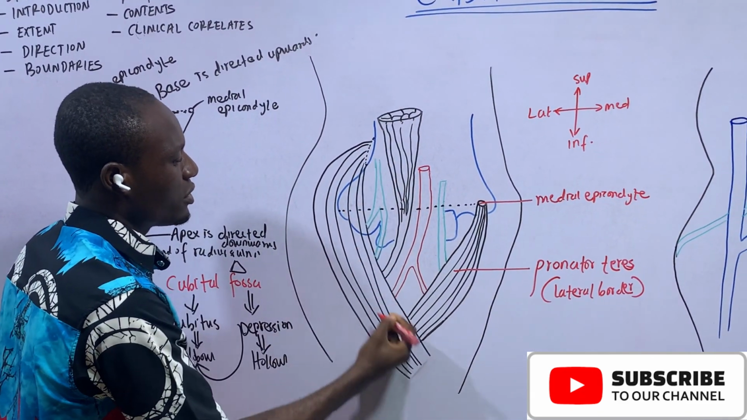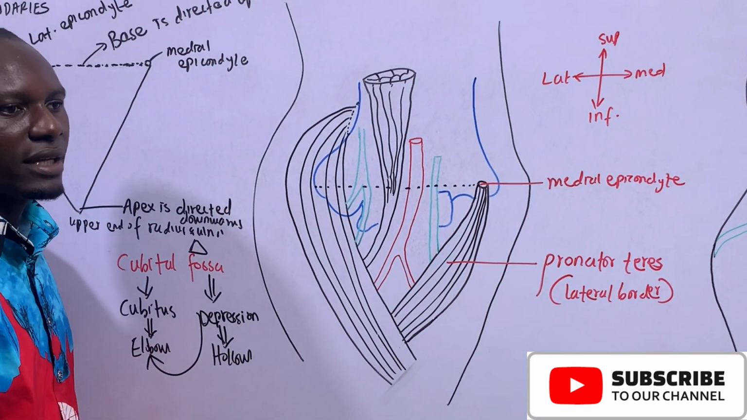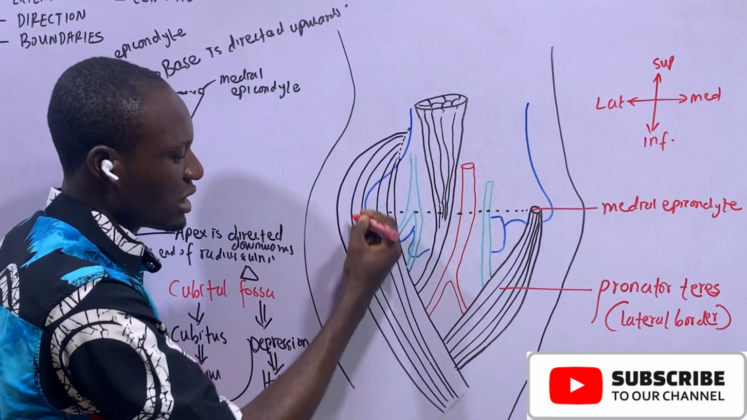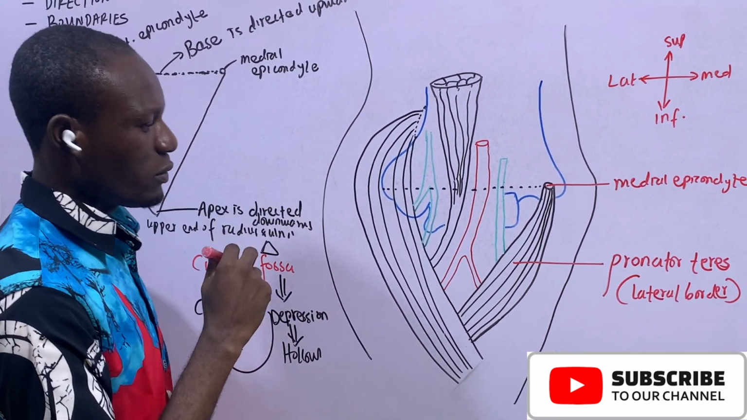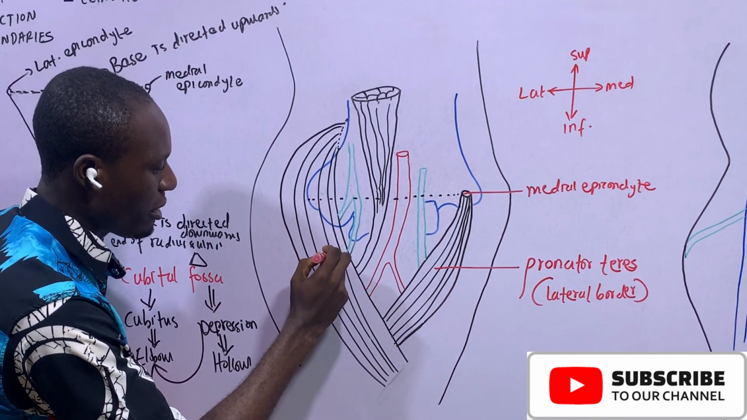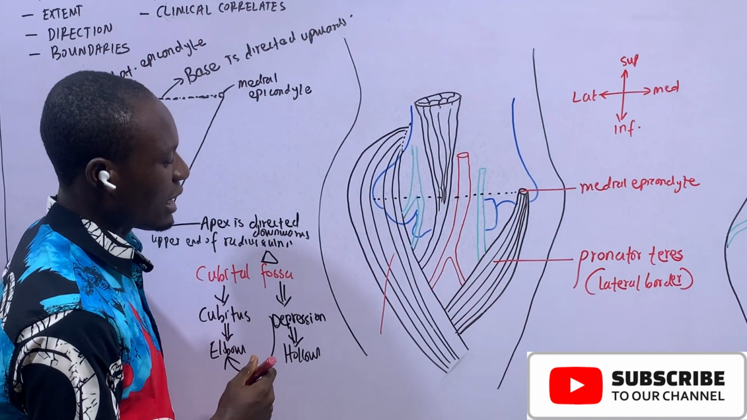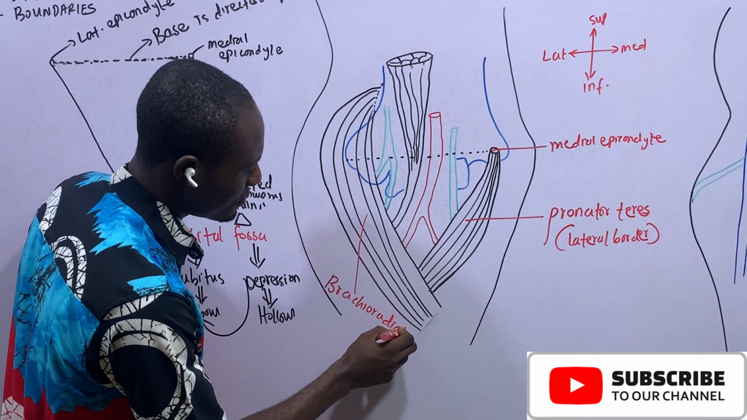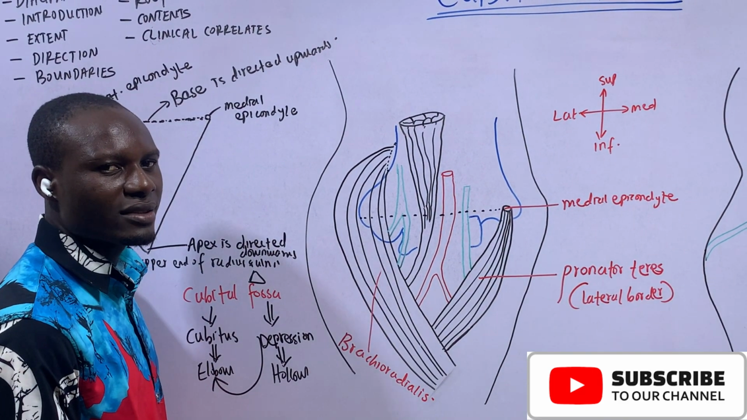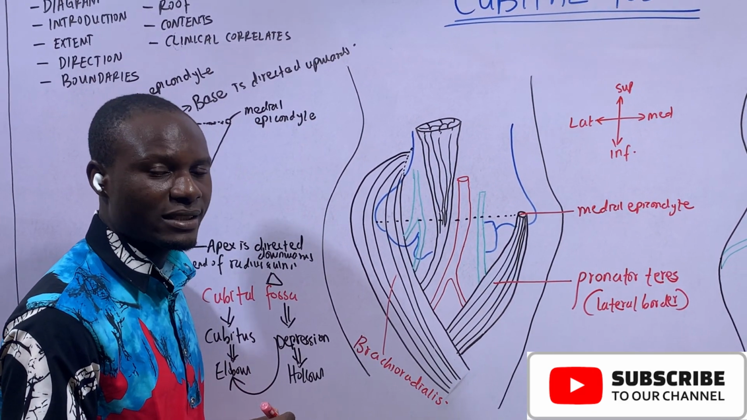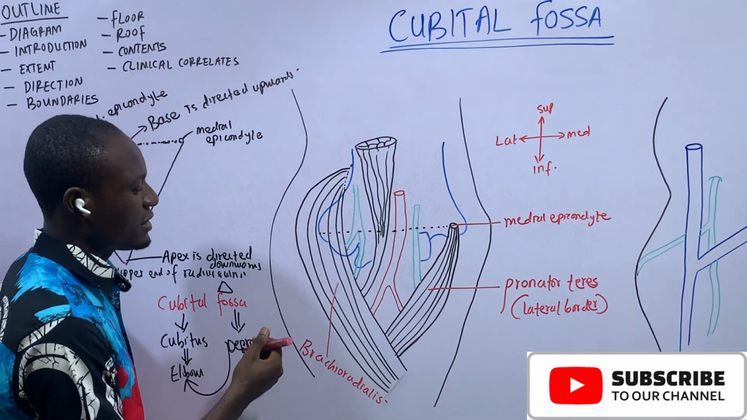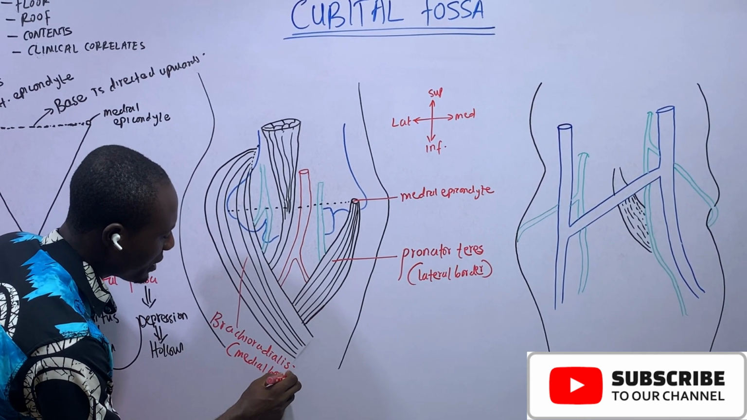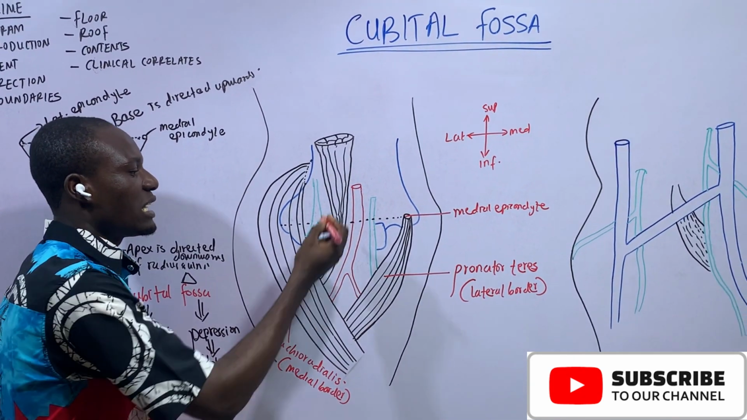How about the lateral boundary of the cubital fossa? Of course, every triangle has two sides. So it's going to have two sides, an apex and a base. What forms the lateral boundary of the cubital fossa? We have this other muscle that is sandwiching this area, and this muscle is known as the brachioradialis. Remember the brachioradialis? One of those muscles that is supplied by the radial nerve. So the medial border of the brachioradialis muscle is what forms the lateral boundary